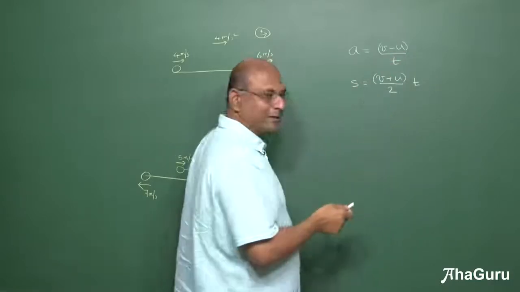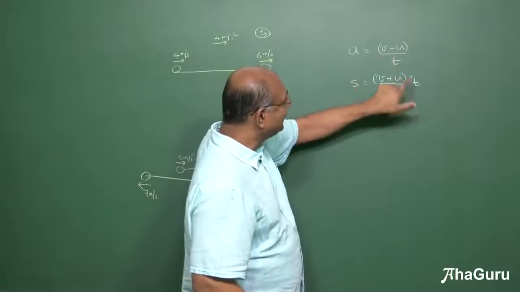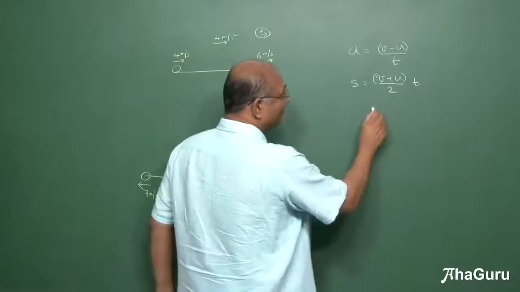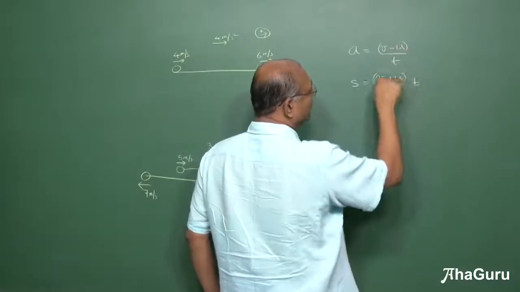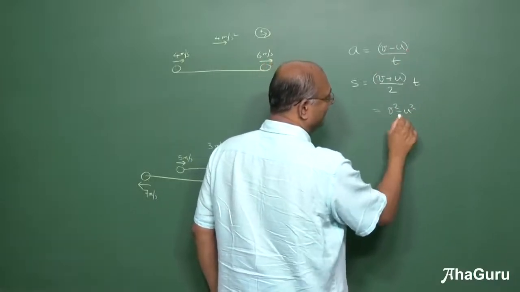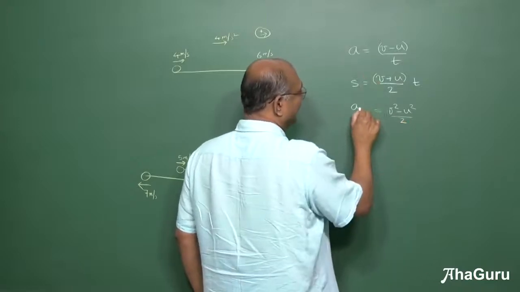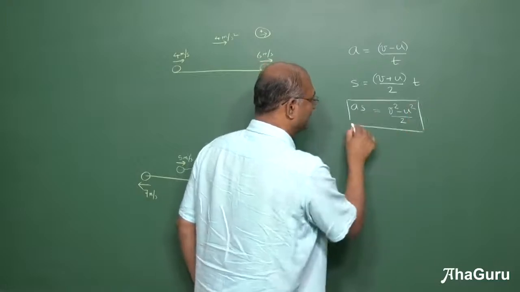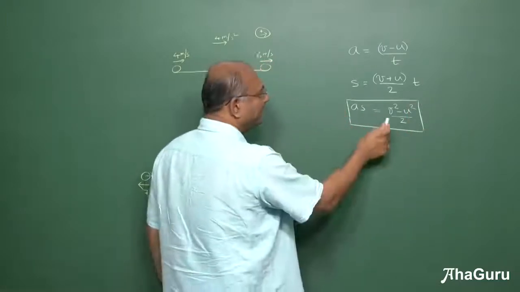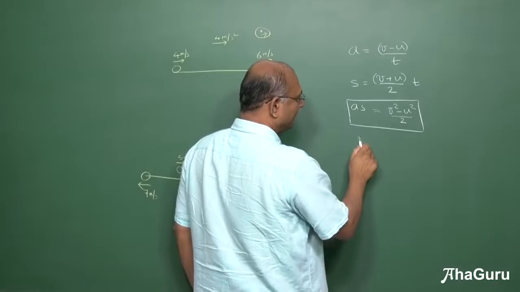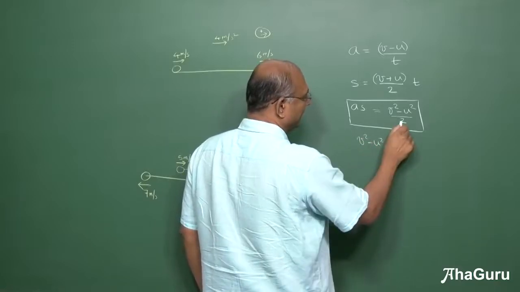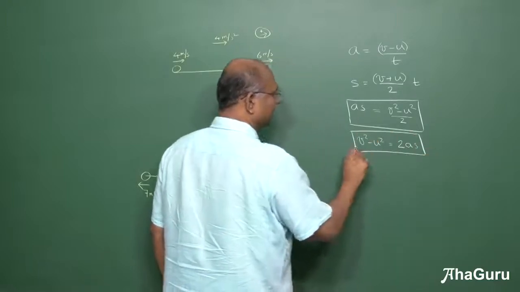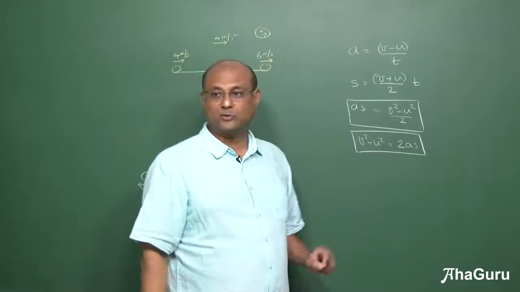So we know all of this, right? Now it turns out that you can happily multiply these two. You have a by t and you have an into t. When you multiply, what will happen? The t and t will cancel out. And what will you get? You will get v minus u into v plus u, which is v square minus u square by 2 is as. Now this itself is a very useful and important equation. I'll come back to that later. But the way people write is to take the 2 there. So we write v square minus u square is 2as, and we call this Galileo's third equation for uniform accelerated motion.